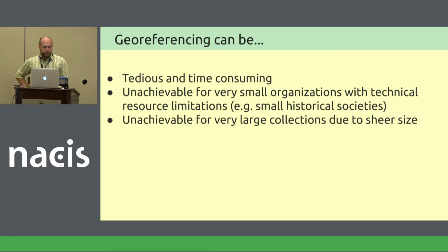And for very small organizations, it might be something they don't have any technical resources for. But also for these massive collections, it's just too much to do. And I'm sure people are thinking, what about automating the process? That's certainly been done for certain map series like the USGS topos. Some of these historical series are still a little too irregular to automate that. I'm sure people are working on it, but